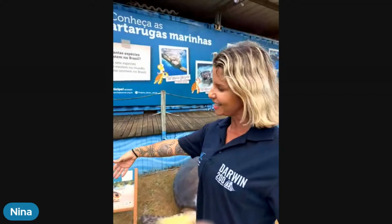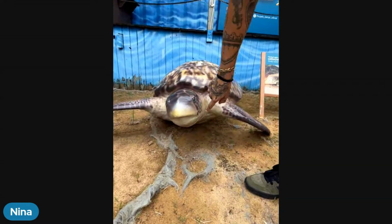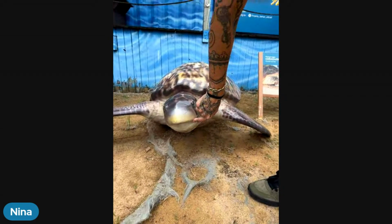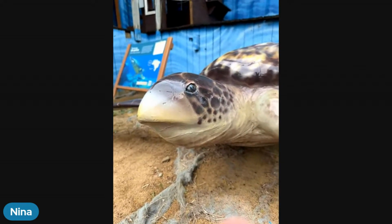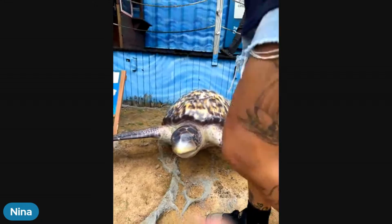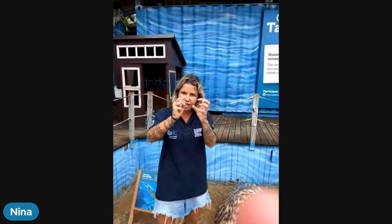This is the hawksbill. The hawksbill also has a very strong beak, and its name is actually because its beak looks like a hawk. The hawksbill also likes to eat shellfish, but they actually like sponges and corals. And they're very important because when they eat the sponges and the corals, they make them multiply. So every sea turtle has a very important role in the ecosystem because what they eat actually gives other fish